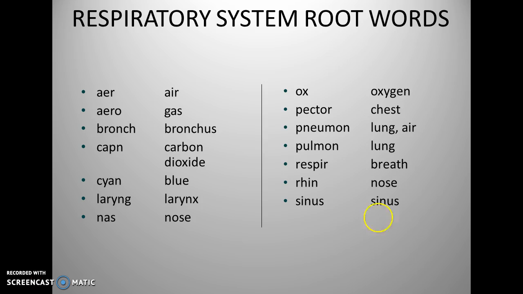These are root words. Aer means air, aero, gas, bronchus, carbon dioxide, cyanosis, the blue color of the individual, blue, larynx, nas like nasal, dealing with the nose, oxygen, pectoral, pectoralis major, minor, muscles of the chest, pneumonia, means pertaining to, so pertaining to the lung, okay,